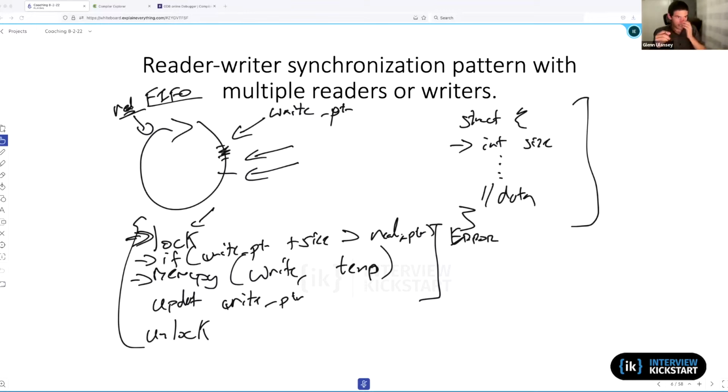And it ends up being a very difficult problem to solve, because if there are truly, let's say, multiple readers, even if you retrieve the data from the FIFO in the correct order, and there's multiple threads for each one of these readers, there's no guarantee that the OS is going to schedule those threads such that the first reader gets to run first. So to say that again, even if we solve